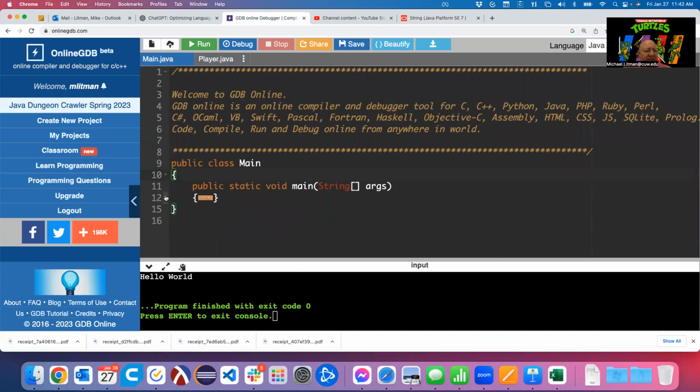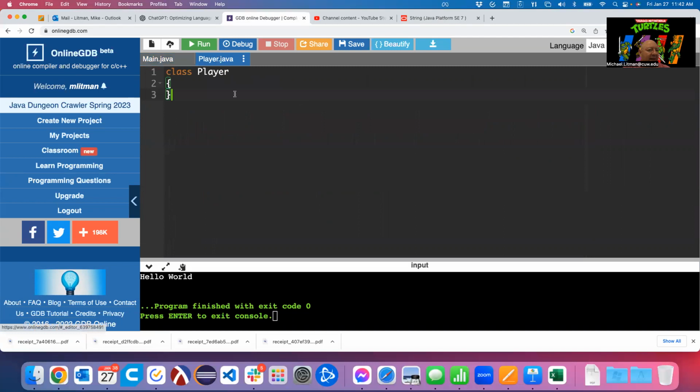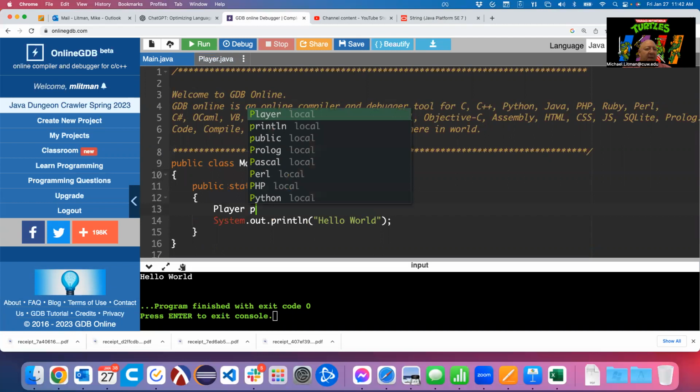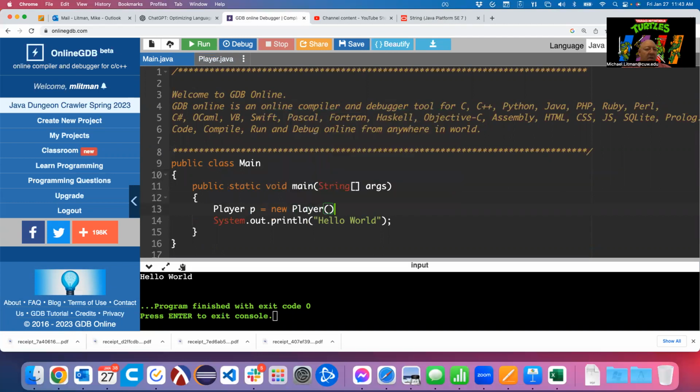All right, so let's explore strings just a little bit since we just looked at the documentation. I mentioned here that this could be the simplest player class, and let me finish that thought real quick. If I want to create an instance of player, I say Player p = new Player(). We create instances of objects just like we did in C++, right? This looks pretty similar to us.